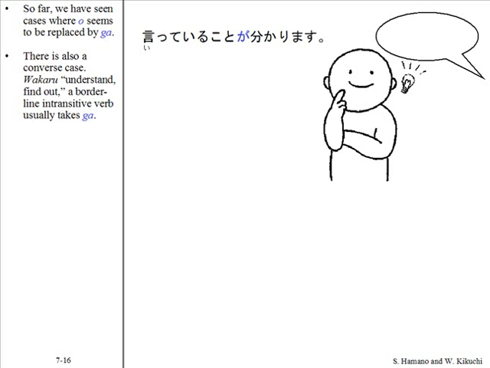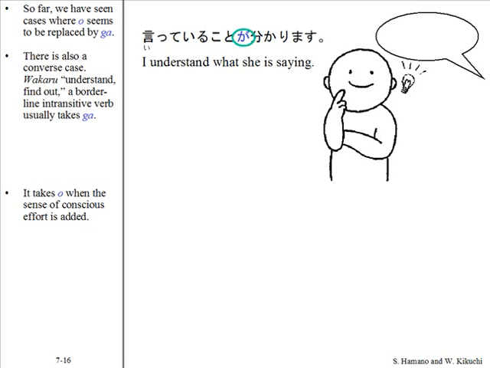So far, we have seen cases where o seems to be replaced by ga. There is also a converse case, wakaru, understand, find out. A borderline intransitive verb usually takes ga. 言っていることがわかります。It takes o when the sense of conscious effort is added. 言っていることをわかろうとしました。